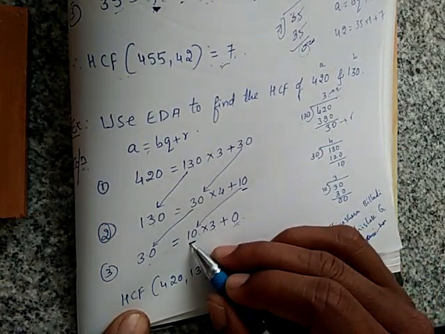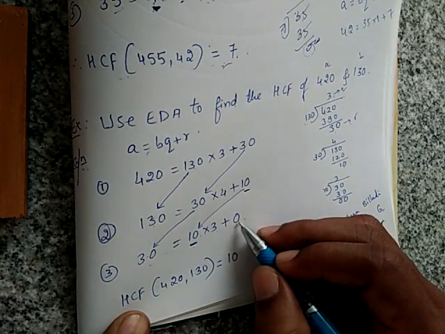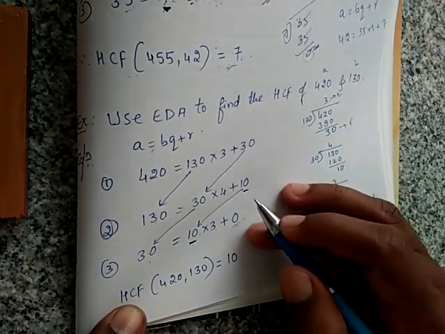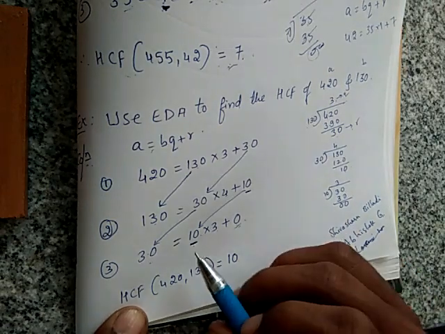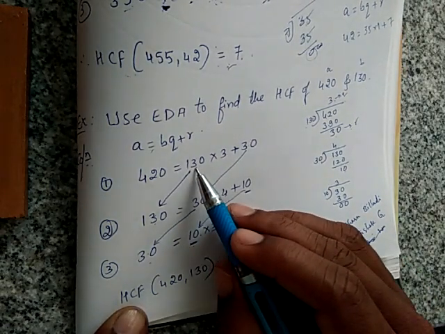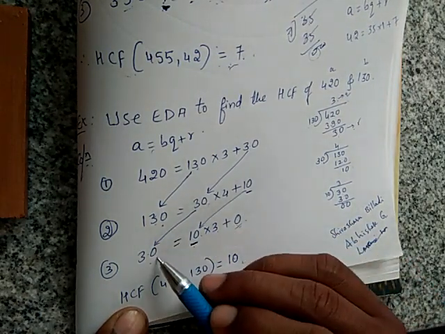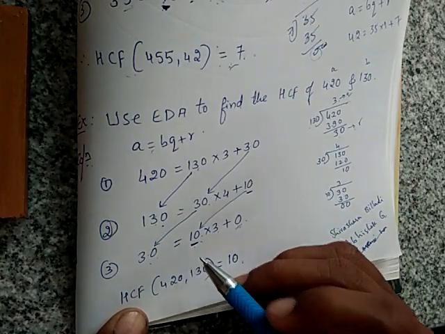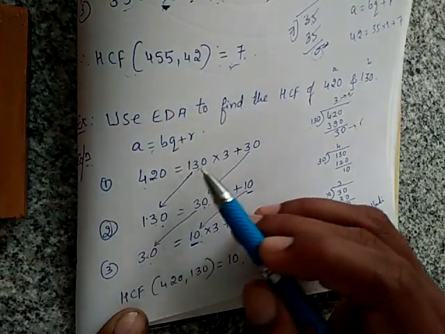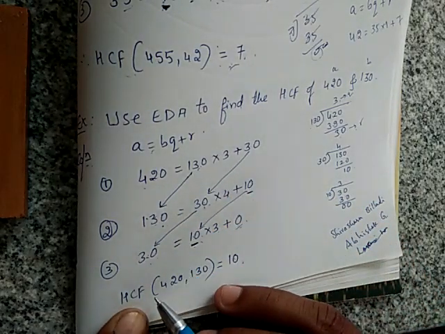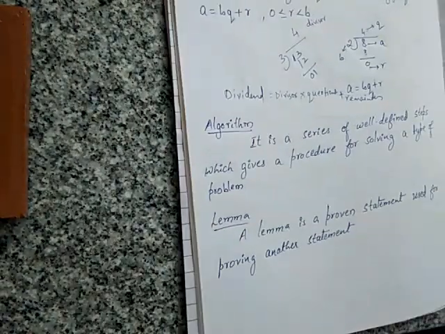So your divisor will be your HCF, that is HCF of 420 comma 130 is 10. Or if you don't want to check here, you check that in the third step you got the remainder 0. So in the previous step the remainder is 10, so 10 is the highest common factor of 420 comma 130. Or you can remember 420 comma 30 also has the HCF 10, and 130 comma 10 also has HCF 10, 30 comma 10 also has the HCF 10. So in all these steps, dividend and divisor pairs all have equal HCF, as in the last one.